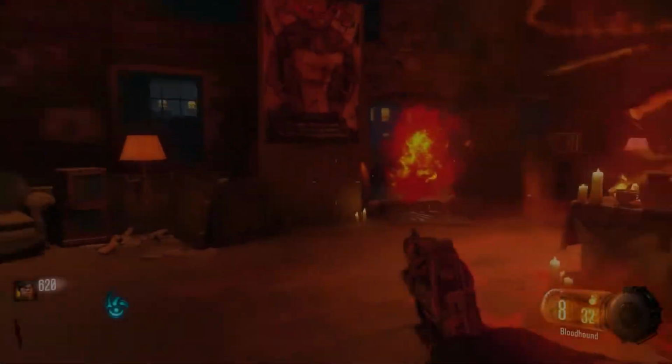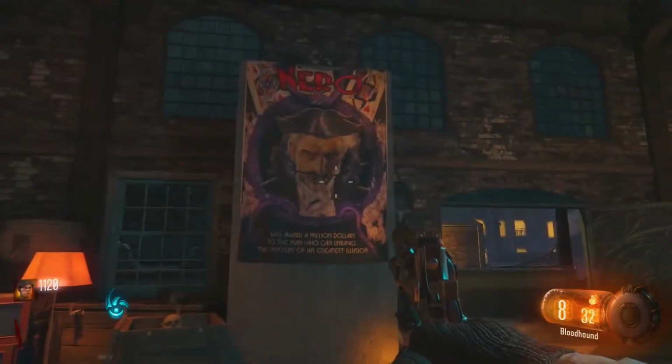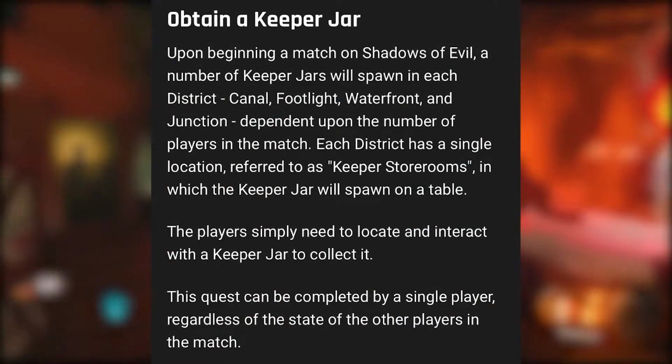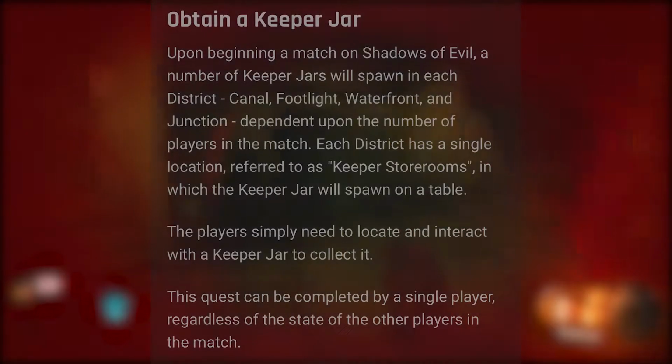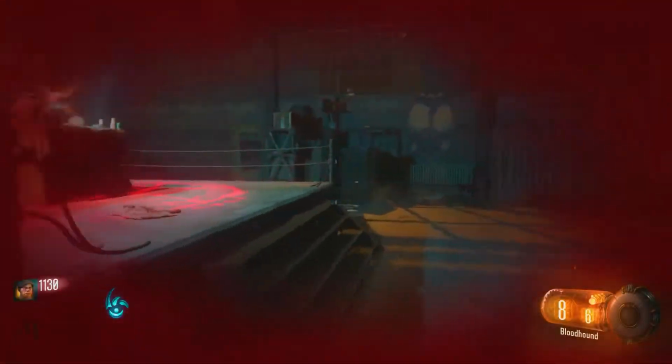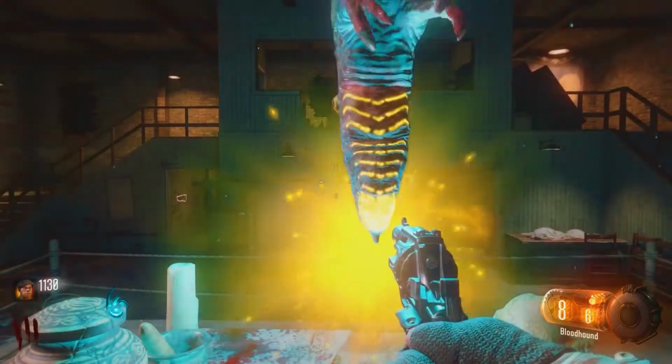So we're going to begin with the Lil Arnie upgrade quest steps, and the first step was to obtain a keeper jar. Now you're probably thinking, what are you talking about? You just spin the box and get the Lil Arnies? Well, actually, that wasn't how it was before, and they actually deleted the whole quest to obtain Lil Arnies,